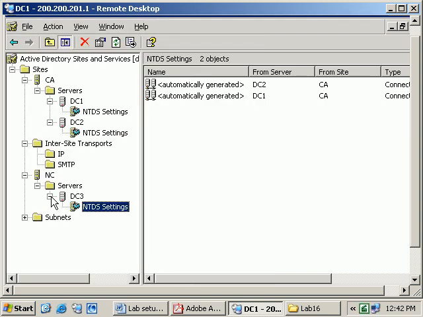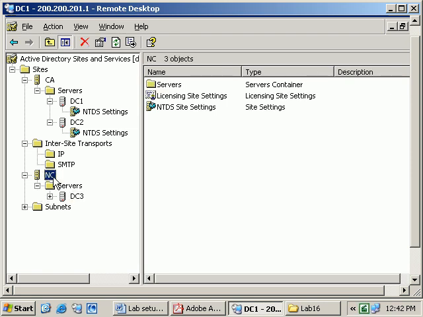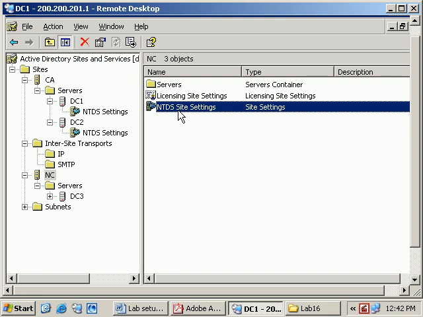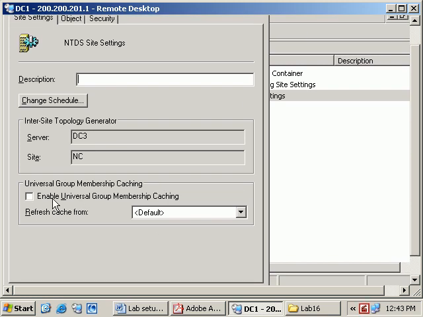Now, what you need to do is the following. You need to click on the site object, which is NC, and then on the right hand side, go to the NTDS Site Settings. So once again, click on this and then go over here. I'm going to review this one more time. There are three different checkboxes that you need to find, and I'm going to quickly show you once again how to use those checkboxes. So you first click on the North Carolina site, and then right click on the NTDS Site Settings in the details pane, and then go to Properties. Then right over here is a checkbox for Enable Universal Group Membership Caching. You click on this,